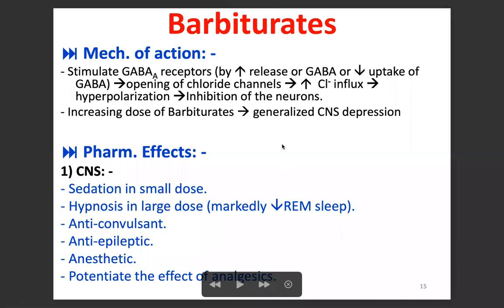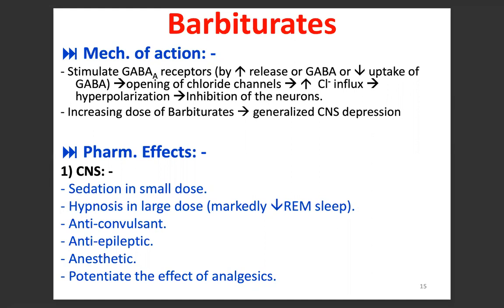Regarding the mechanism of action, the mechanism of action is the same as we saw in the benzodiazepines. Barbiturates also stimulate the GABA receptor. Now, in the benzodiazepines, the GABA receptor is stimulated through the benzodiazepine receptor. First, there is a stimulation of the benzodiazepine receptor and then stimulation of the GABA. But here, barbiturates directly stimulate the GABA A receptor,